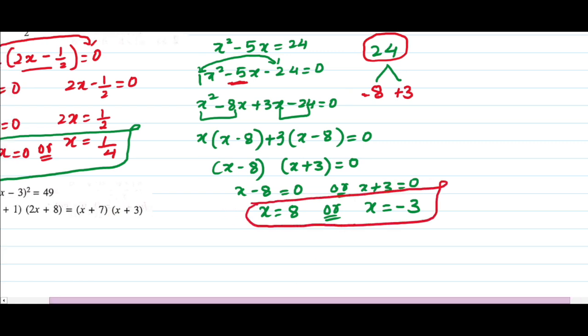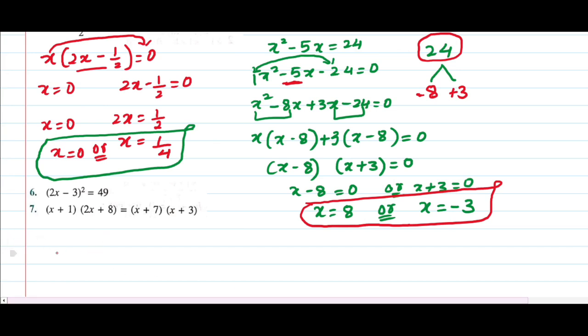Right? So we will move to the sixth question. This is the sixth question. That is 2x minus 3 whole square, which is equals to 49. So taking the roots,